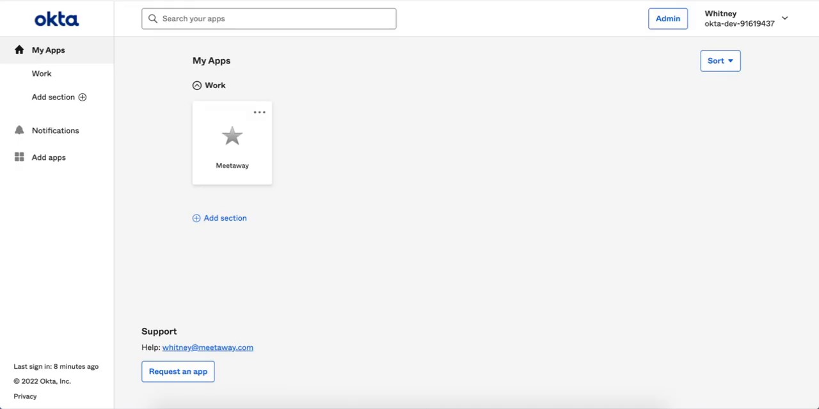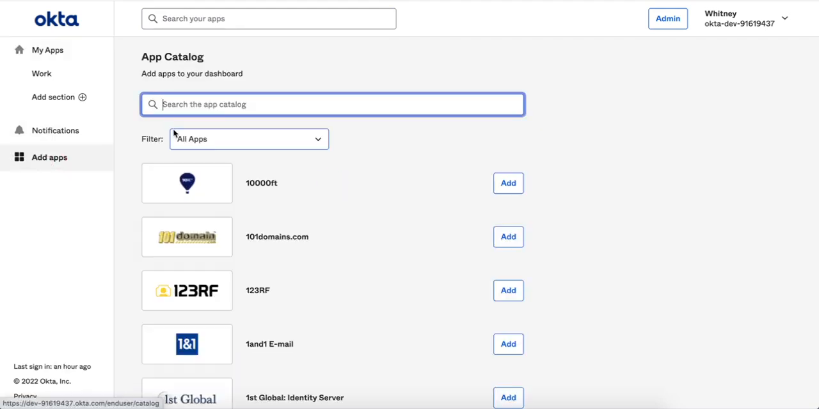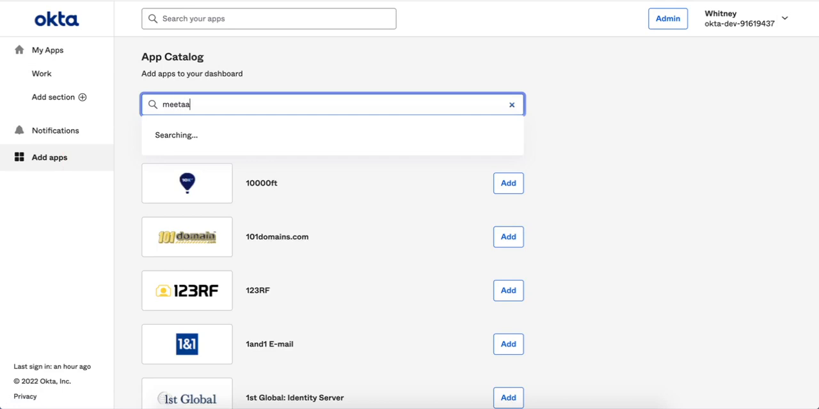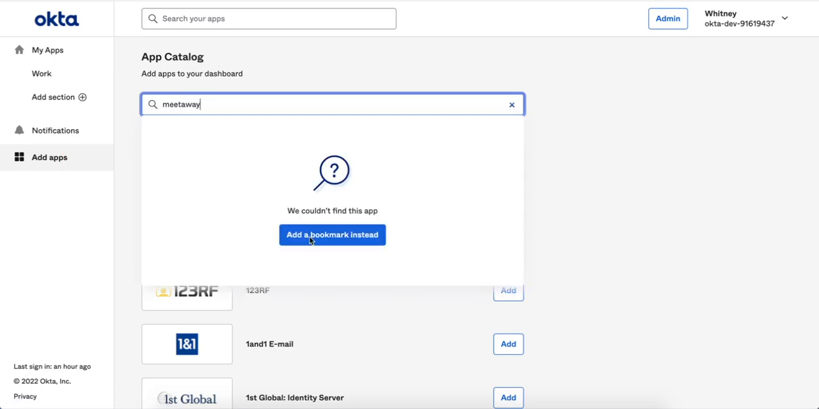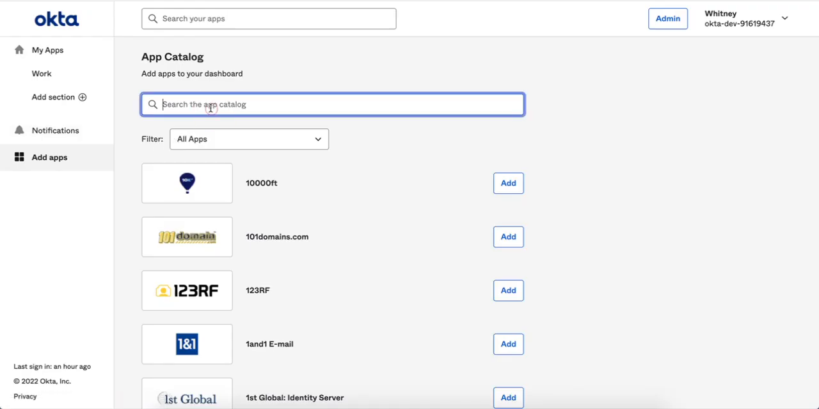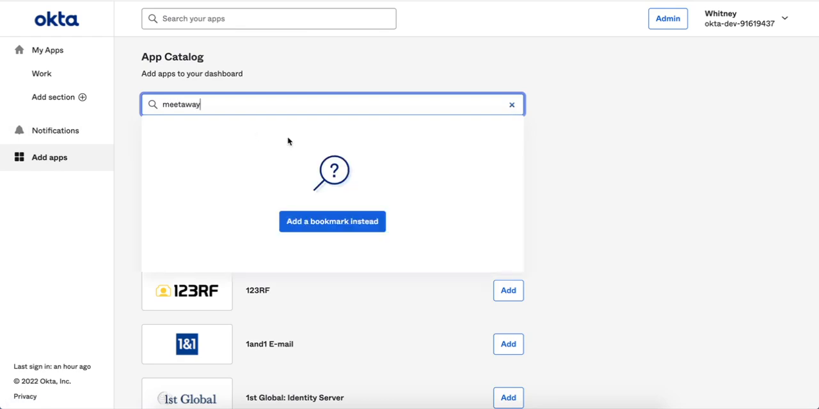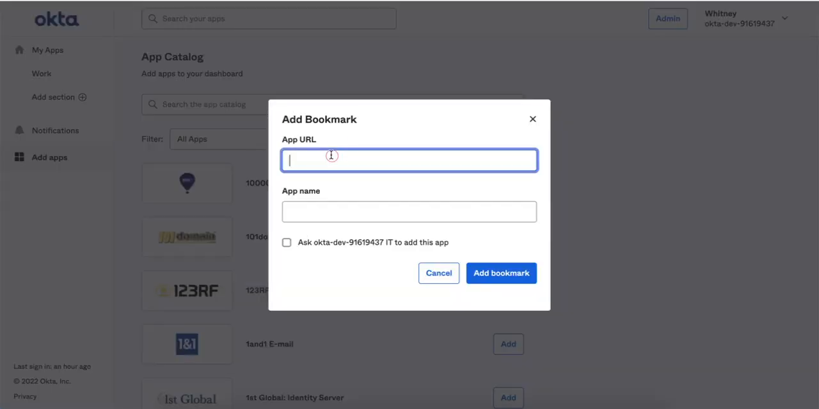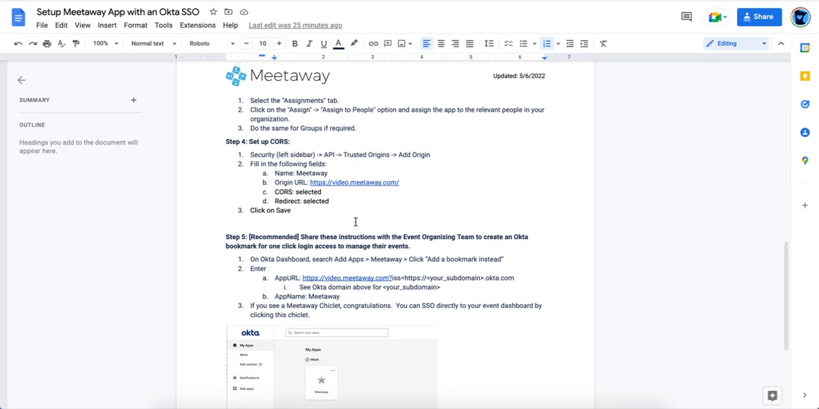but let's take this one step further and help those organizers with a one-click button. So what exactly is this? All right, so under Add Apps, if you were to search Meetaway, you'll find it doesn't exist. Instead, what you do is you click bookmark, and we'll have Meetaway 2. That's the app name. Okay, so the app URL here is going to be